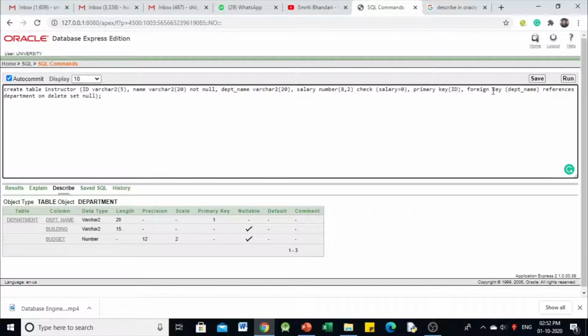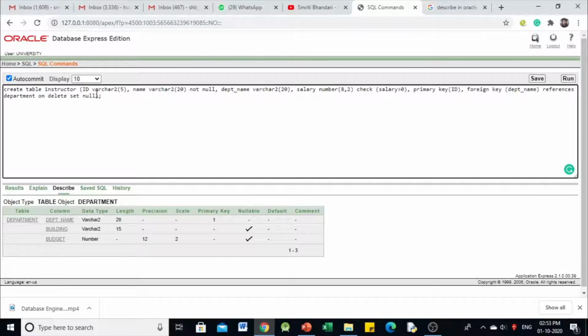This is what we mean by integrity constraint, and that is being implemented by making use of this foreign key constraint here, right? And the concept that we are using is on delete set null. So what does this mean?